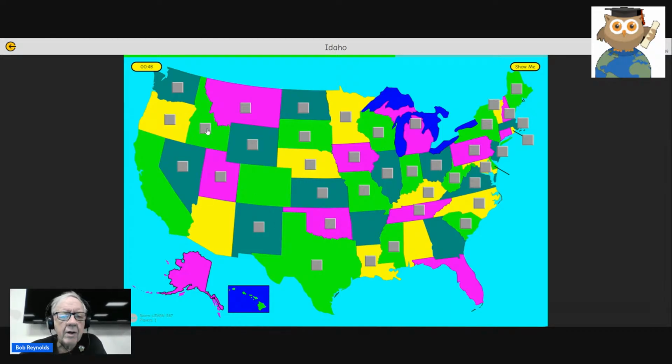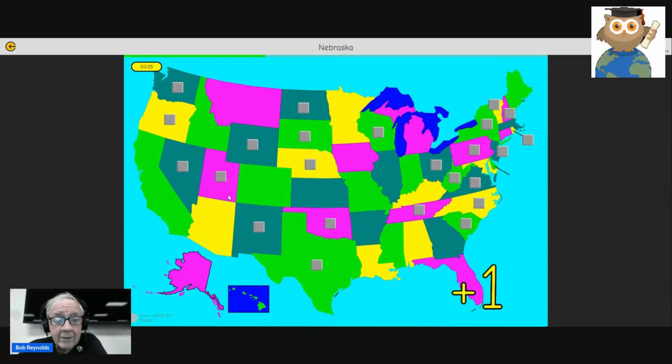It asks for Idaho. I know there are 4 states that start with the letter I. Idaho, Illinois, Indiana, Iowa, Kansas, Kentucky, Louisiana, shaped like the letter L. Maine, 8 states start with the letter M. Maine, Maryland, Massachusetts, Michigan, Minnesota, Mississippi, Missouri, Montana. Nebraska, there are 8 states that start with the letter N. Nebraska, Nevada, New Hampshire, New Jersey, New Mexico, New York, North